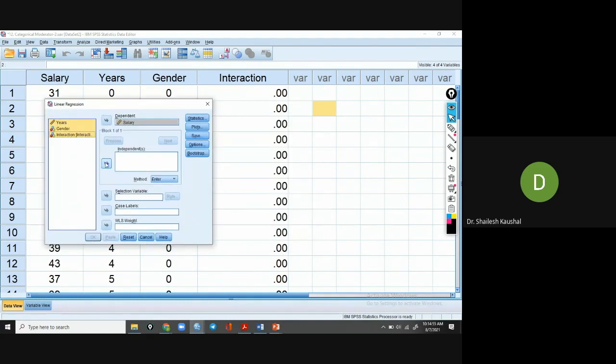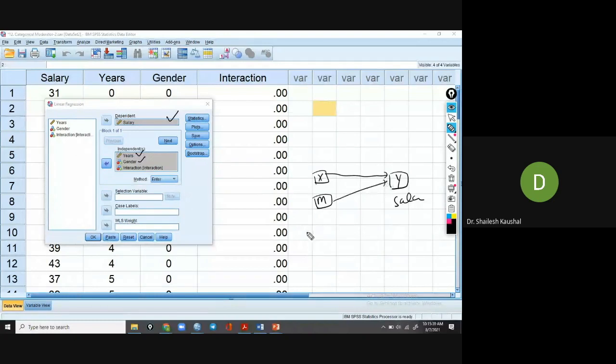I'm taking all three variables here because my purpose is to know whether the interaction effect is working or not. So salary is the dependent variable. The independent variables are years, the number of years, another variable gender, and the interaction effect, the multiplication of this and this.